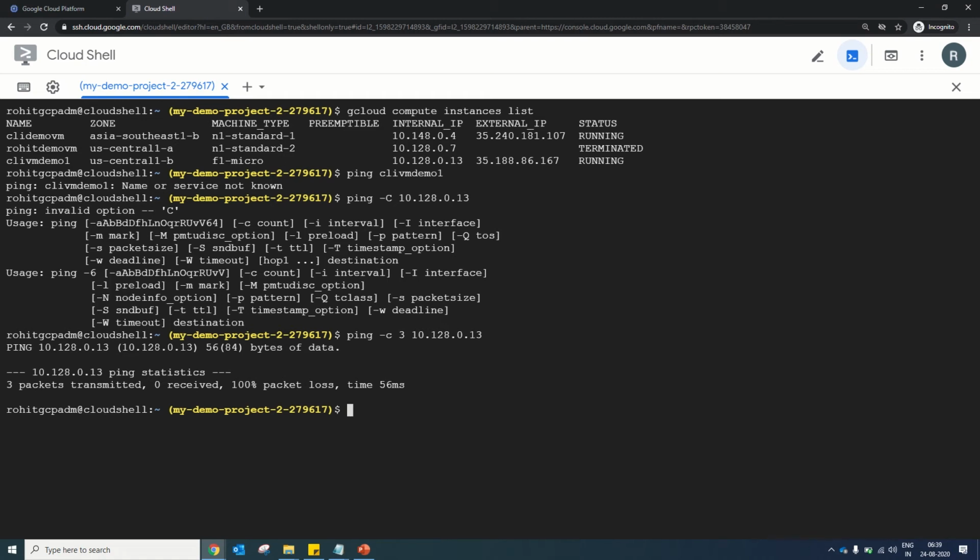That means this IP is not pingable as well, because we also mentioned in our previous slides or chapters that these IPs are internal ones for Google usage. Even if your machine is offline, these IPs will be associated with the machine. So please don't try to use these IPs. These are internal to Google, and Google will use them for their purposes. The only thing we can connect to as of now is the external IP. Let's see if ping is working for that or not.